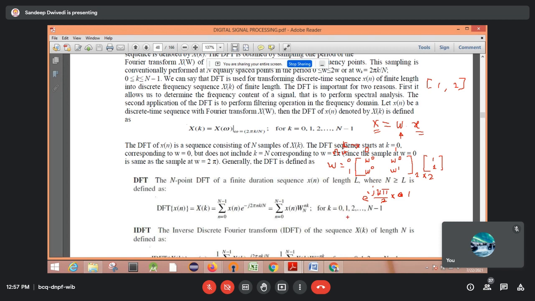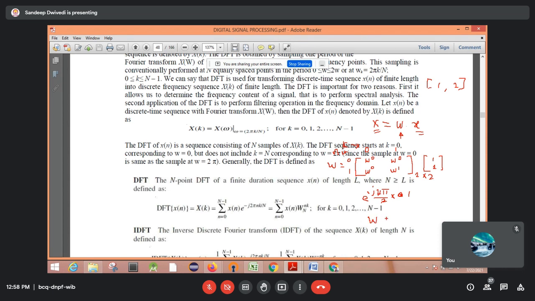In the same manner, if you are calculating for the 4-point DFT. One more thing I want to tell you over here. See here, that is the cyclic property of this twiddle factor. That means, since it is a 2-point DFT, after these 2 points the values will repeat.